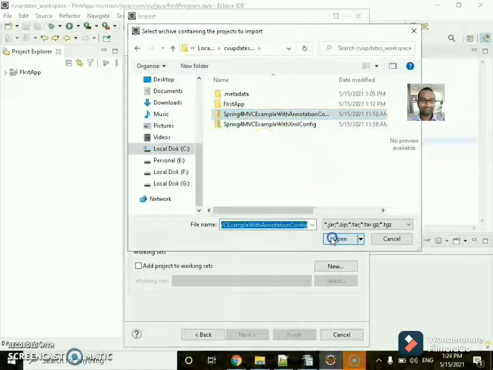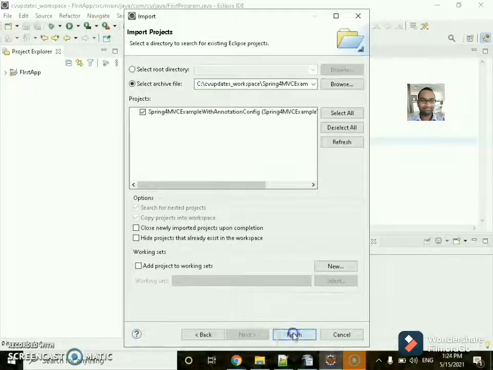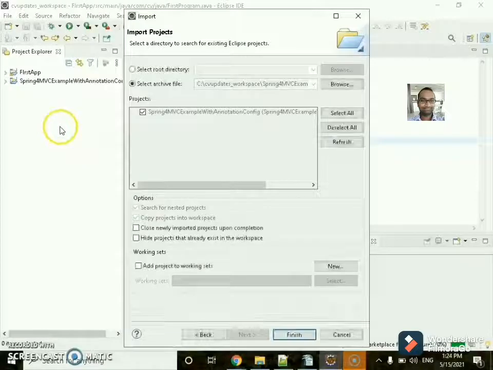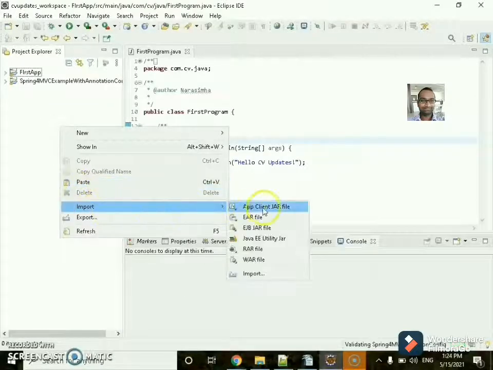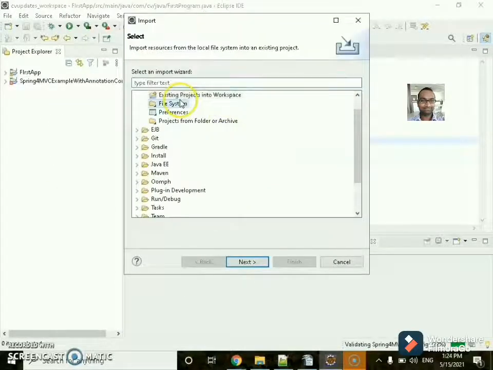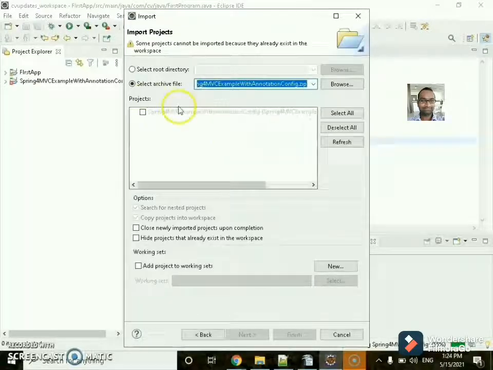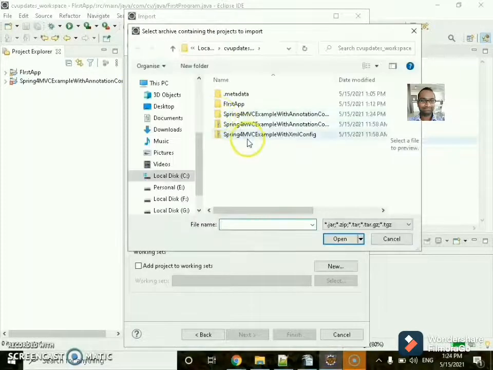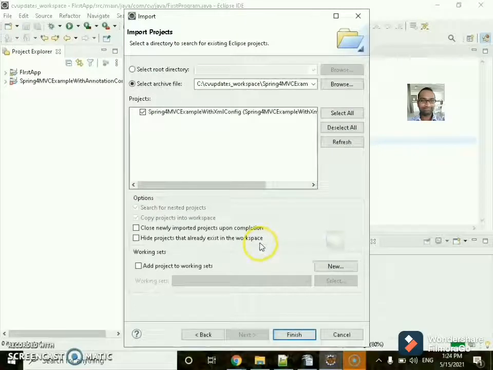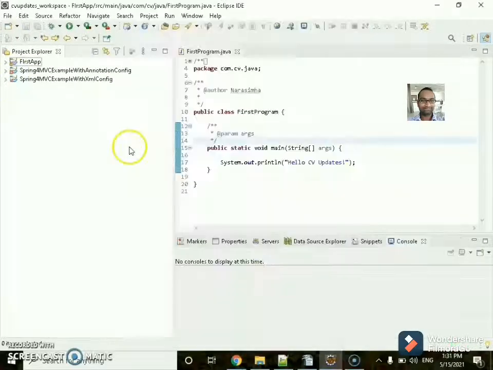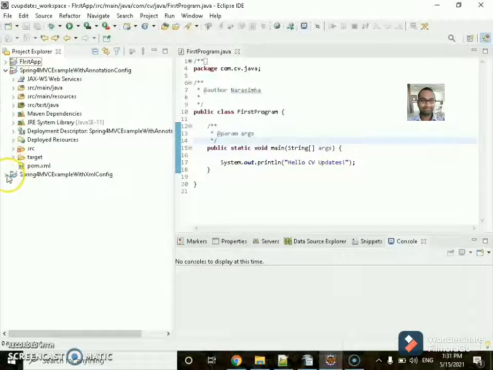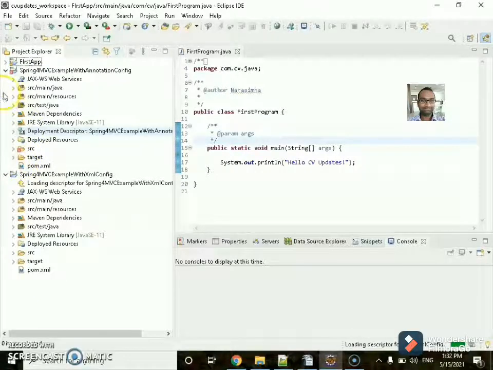Select the archive. Click on open. Click on finish. So doing the same thing for the other. So the applications are imported successfully into my workspace.